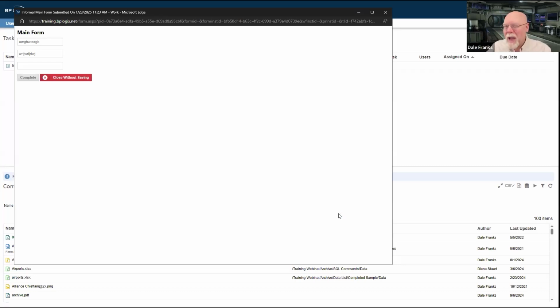I was worried about something happening that didn't happen, which I would have had to try to fix, but because it didn't happen, I don't have to tell you what I was worried about. It worked as expected. So what's going on here? Well, I have my main form. It is part of my main process. That instance exists. And by the way, I'm legal here, so I'm just going to put in legal stuff, the famous legal phrase of, and I'm going to complete that.